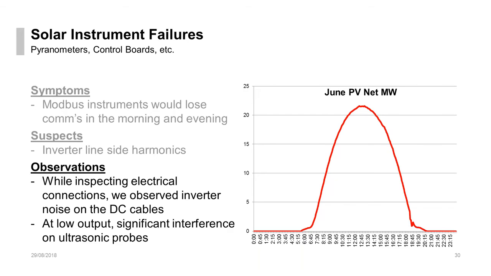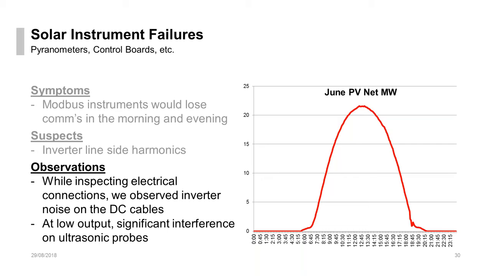So we're setting up a testing program right now to take a look at our waveforms on the DC cabling. Ideally, it should be a straight flat line, but I think when we start looking for AC components, we'll probably find it. And another thing that is leading towards this is that we noticed that with an unmodified ultra probe, we were getting a lot of electrical interference, and it was actually showing up in